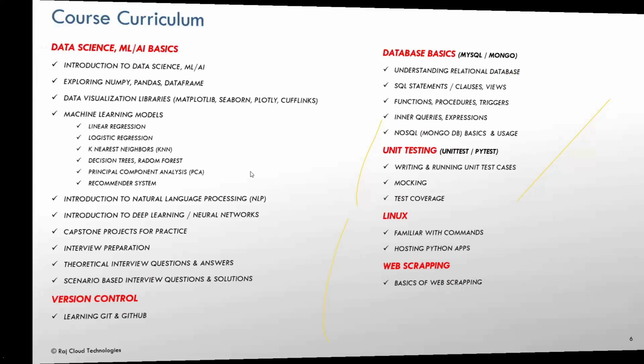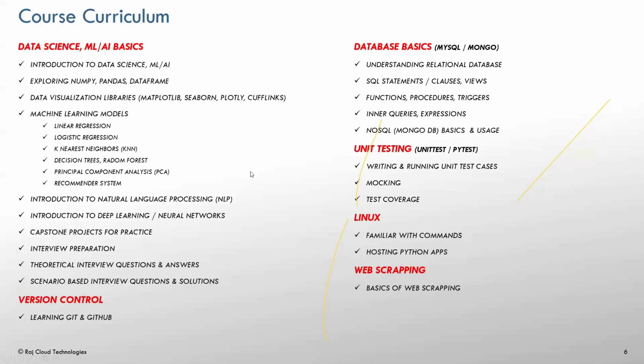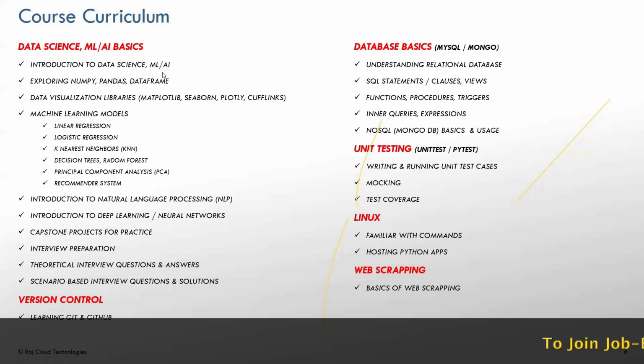so at the end, for the Python expert guys, we will be giving the database, data science basics and ML and AI basics, an introduction to natural language processing and then deep learning. Okay, it will not be very deep. It's just the basic machine learning models and the data science libraries we will be discussing. We'll not be spending more than 20-30 hours